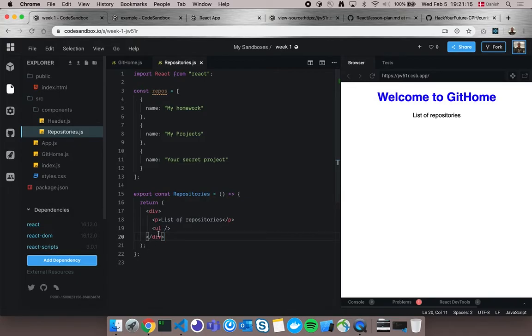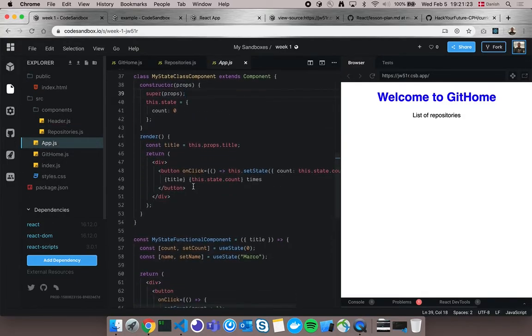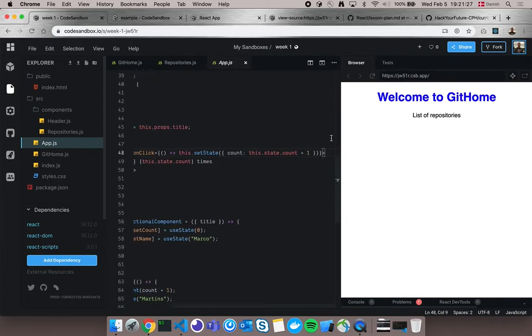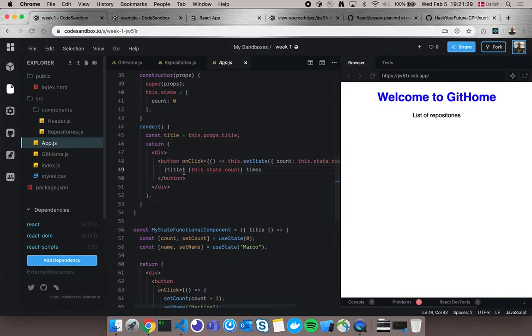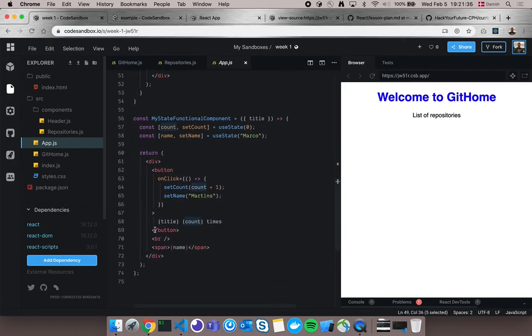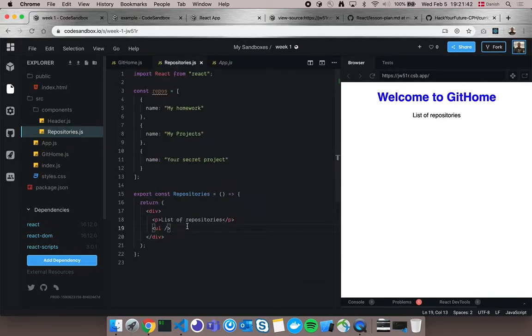As you've been seeing, inside of this return, we write HTML, right? As we saw on the app.js, inside of the button, we wrote HTML, and we can use this as template strings. But we usually do not write JavaScript inside of HTML. We write HTML inside of JavaScript. So for instance, here, if you want to console log,